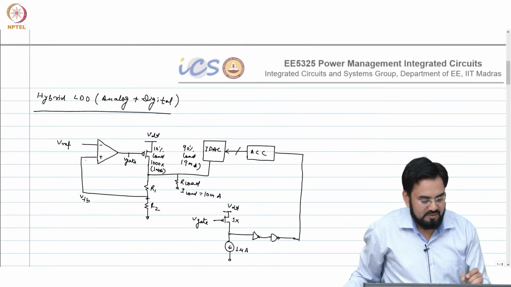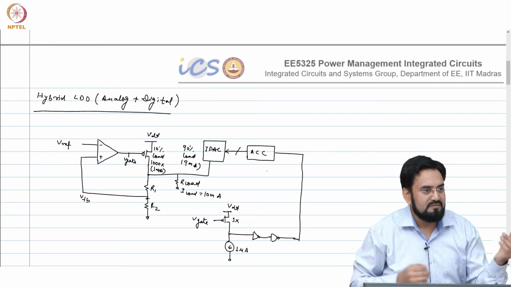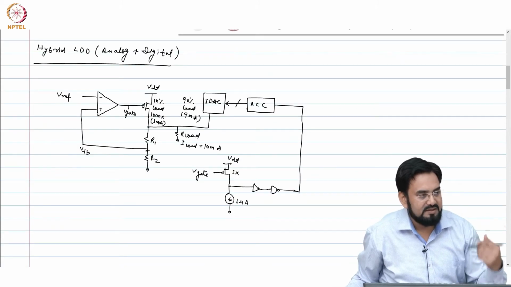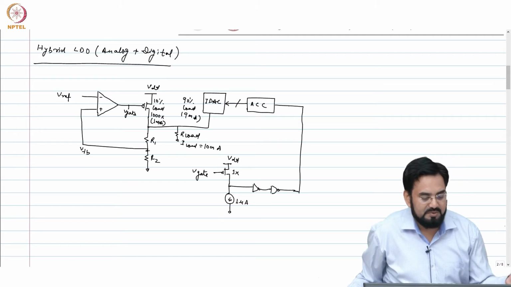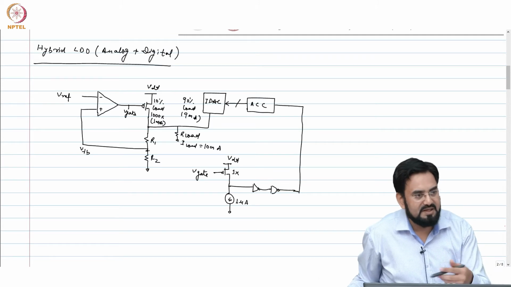So never try to sense the feedback voltage in both analog and digital, otherwise they will try to fight each other. In one case it may happen that your analog will saturate and it will not increase the code on the digital side, or another possibility is that it will draw 0 current from analog and all the current will keep being supplied by the digital.